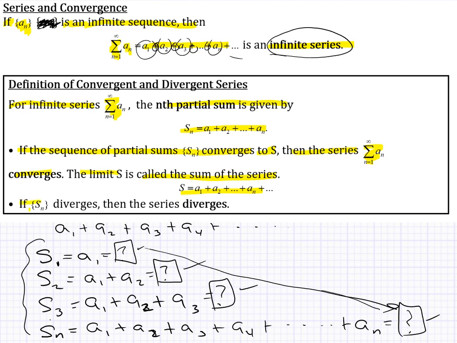And this says if the sequence of partial sums diverges, then the series diverges. So we just spent a whole class previously determining whether or not a sequence could converge or diverge. And we're going to use that to help us figure out if a series will converge or diverge. Because if this sequence of partial sums, which is these sums that we are getting as we add more and more and more terms, if we can figure out if this sequence here converges, then the series will converge. If this sequence diverges, then the series will diverge.